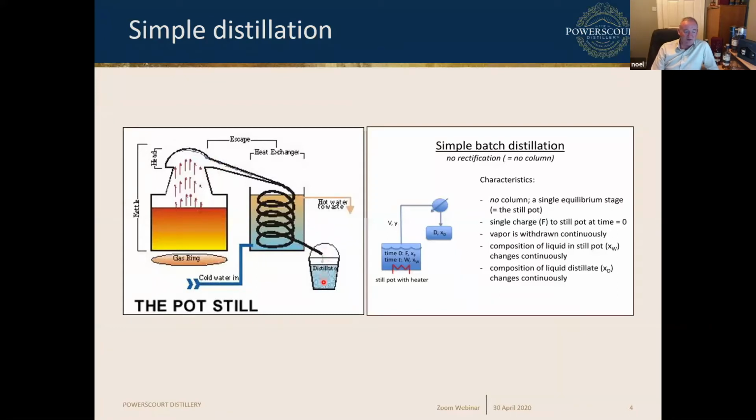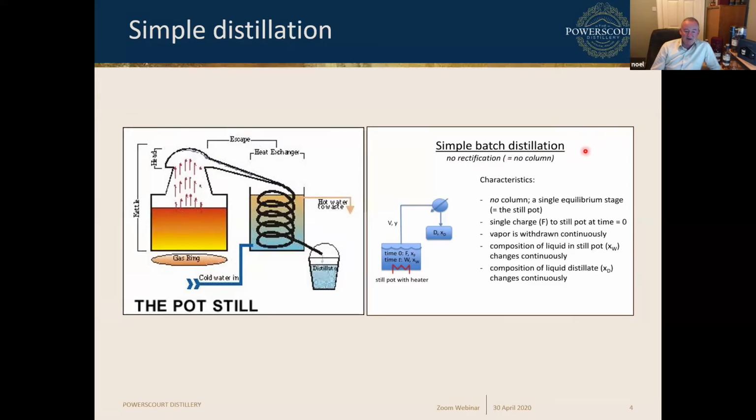Now, cold water is pumped in at the bottom of that condenser, and as you continue to distill across, the heat is taken out at the top, so you get hot water coming out, and that heat can be reused in other series. On the right is a small, more detailed situation where it tells you about pot still and